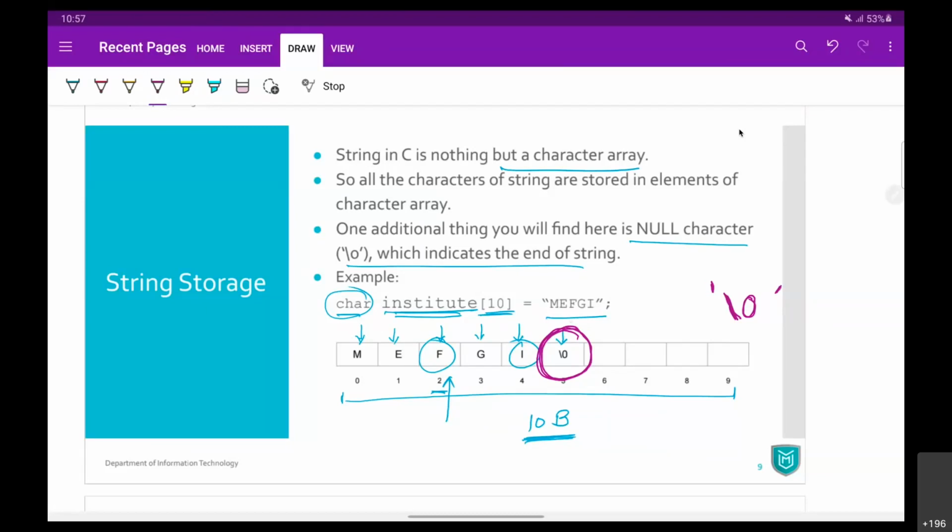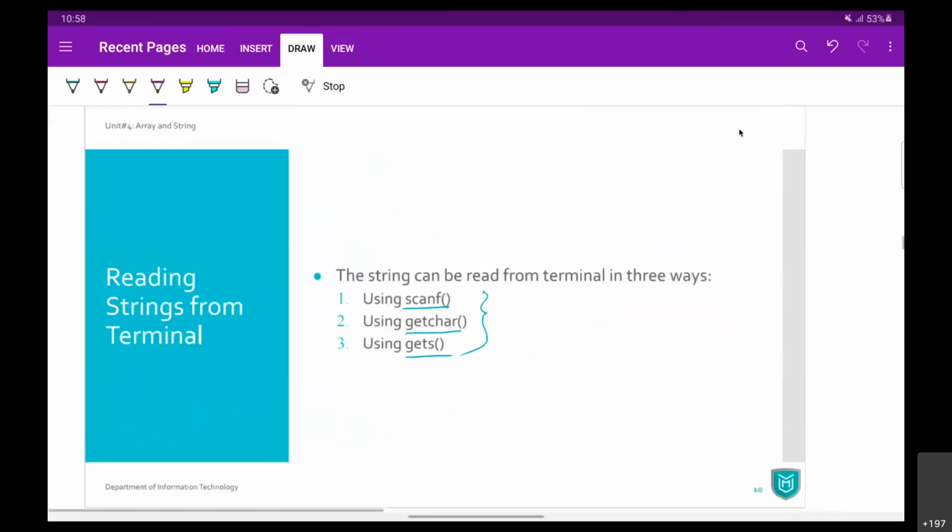When you assign your string to any character array variable, it will automatically append this null character at the end of your string data. Okay, so you have assigned MEFGI only. Inside your memory, you will have those characters MEFGI, and the last array element after that MEFGI will be the null character. Fine. So this is also what we discussed, and then we jumped to